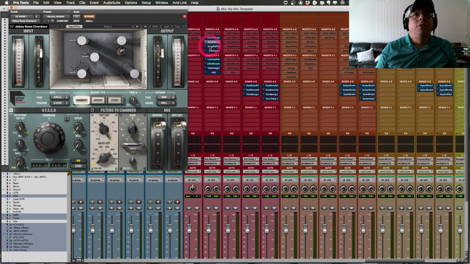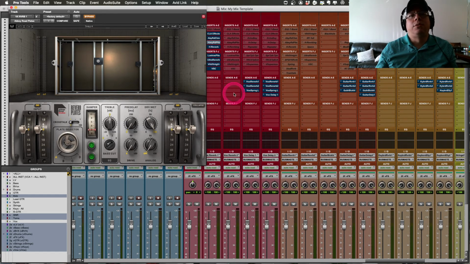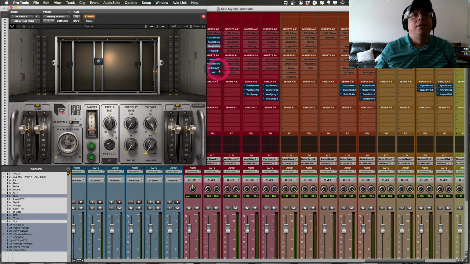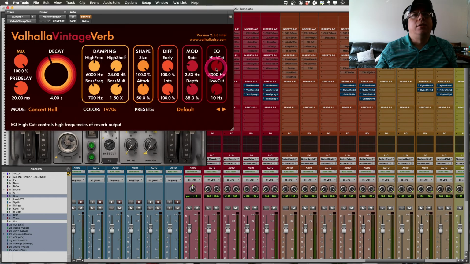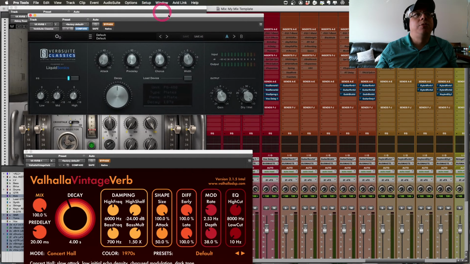My go-tos, I'll tell you what my go-tos are. It's going to be Abbey Road plates for vocals, at least for a short reverb. And then the other one I really like using is Valhalla Vintage Verb. Third place, and it's getting used less and less these days, is the Verb Suite Classics by,